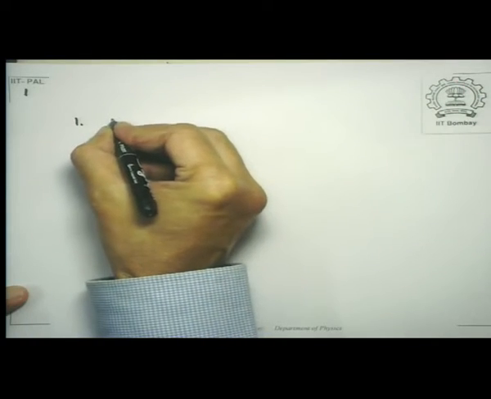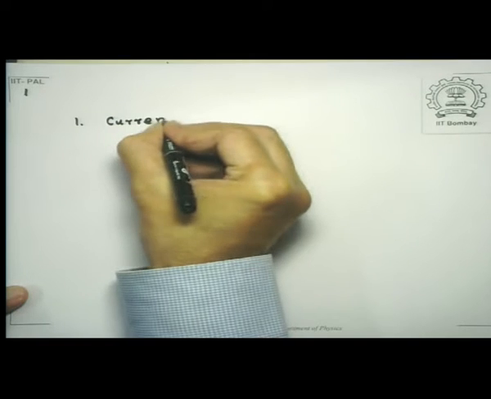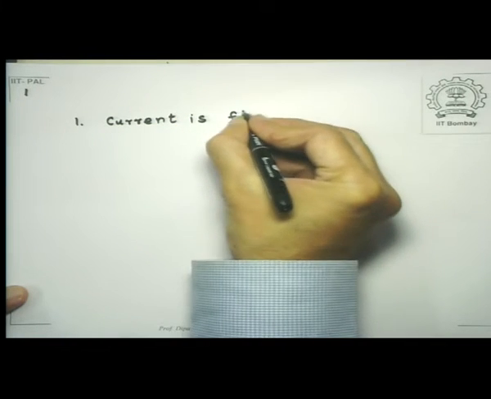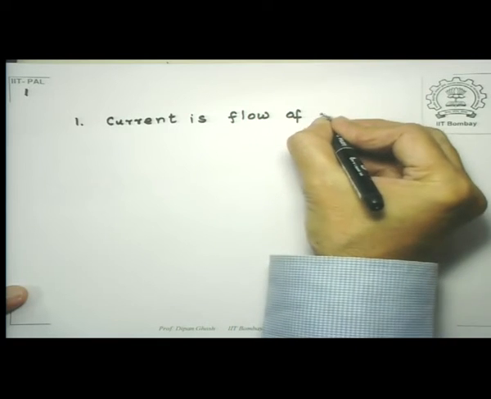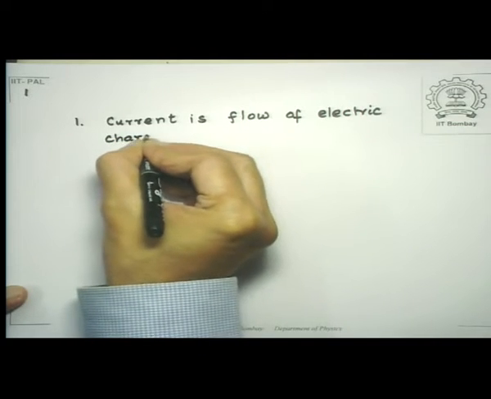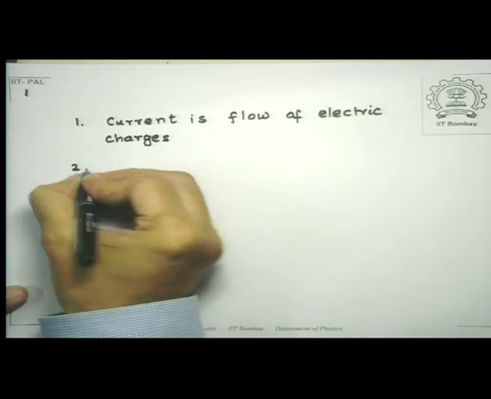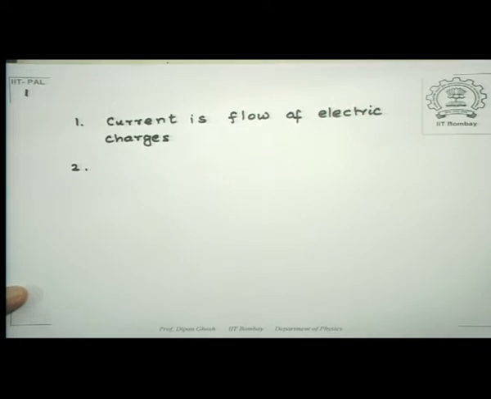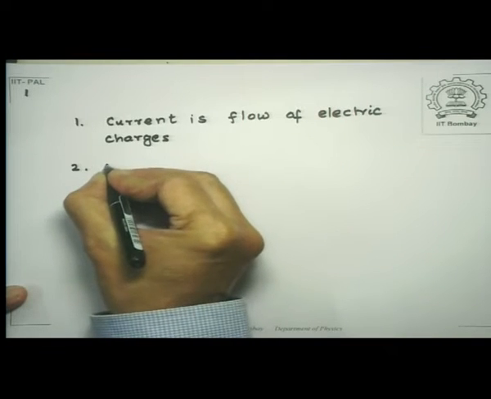So, I will start my lectures by summarizing what we did yesterday. The first point was that we defined current and we said current is a flow of electricity, or electric charges if you like. The ability of a material to conduct electricity depends on the properties of the material. So, ability to conduct,